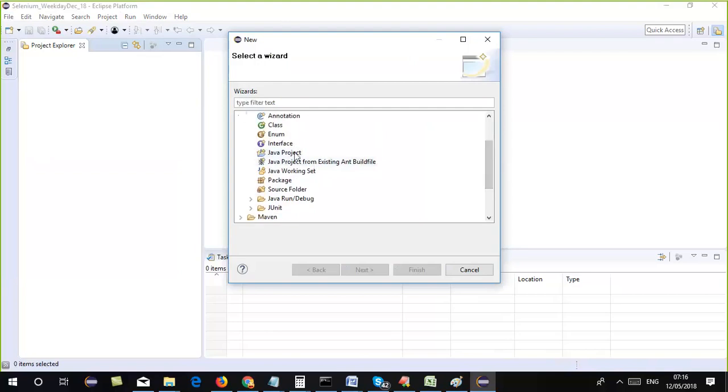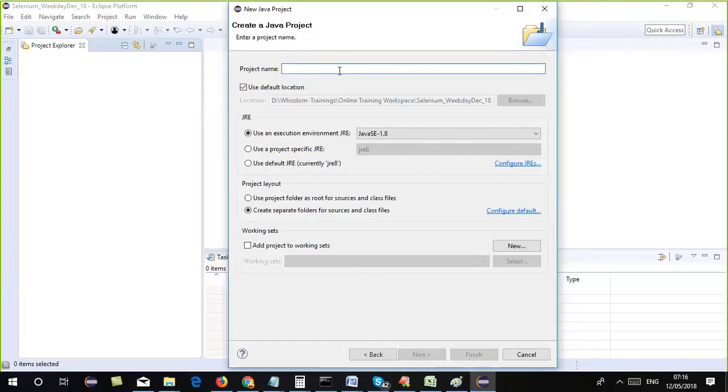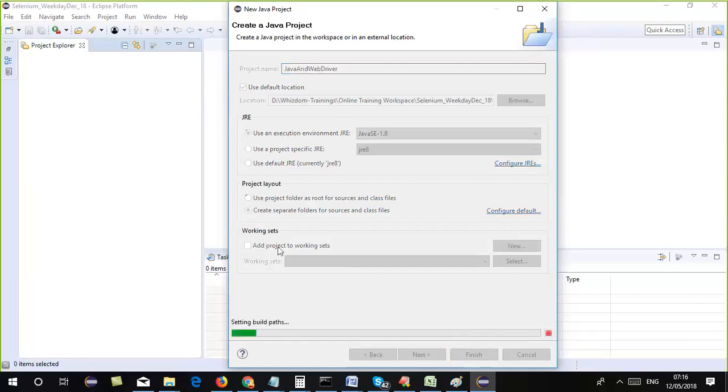You can select Java project and I'll call that project, say, Java and WebDriver. So in this, we will keep Java and WebDriver. So when you finish it, you will be seeing,